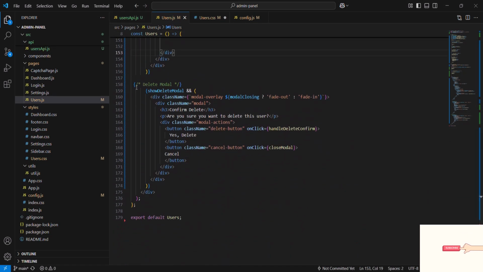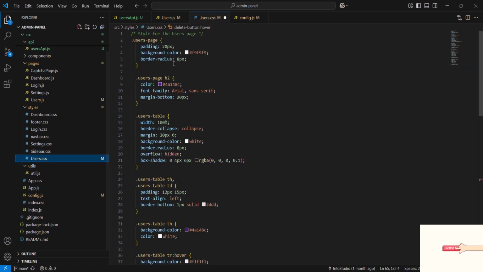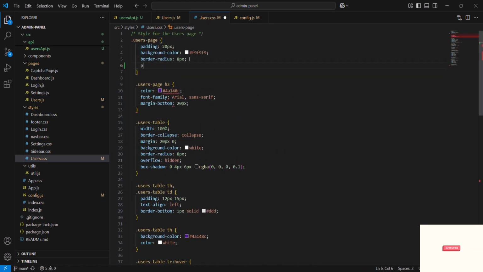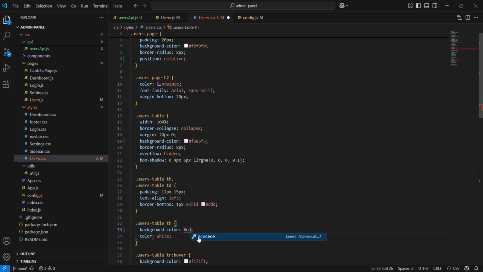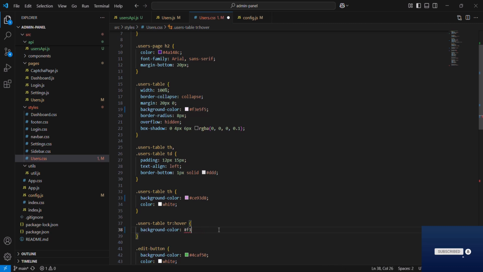Now let's style everything to match our admin panel's elegant purple theme and introduce some animation for a smoother user experience. We started with this basic layout, but it was missing positioning support for modals. So I've added position relative to the container, so the absolute elements inside behave correctly. The old table had plain white rows with standard borders. Now we're making the whole table visually fit our purple branding. We've changed the background to a soft lavender and updated the header to a strong purple with white text. And we even added a hover effect to rows to highlight interactivity.